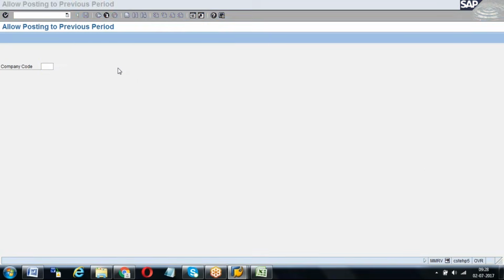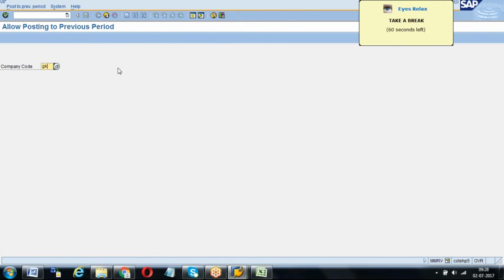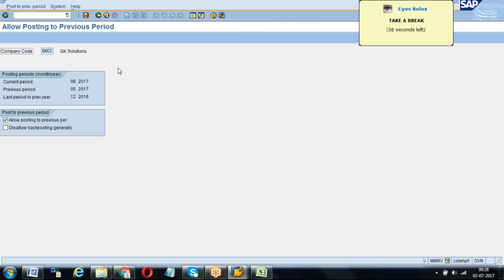Coming to this period, allow posting period and all. For example, if I give my company code, when you get a fresh system, in the fresh system, MMRV, when you give it, now I'm in an implementation project, right? We got a system with 1998. We got the current period and previous period because that is an SAP fresh system which has come from the license and all. We have some setup in OMSY or else